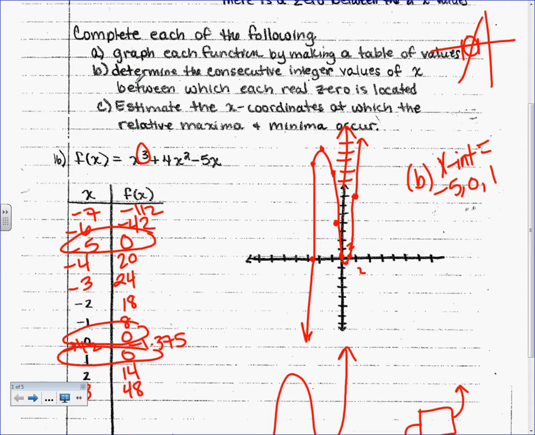That's what this was trying to say. Right here, determine the integer values between blah, blah, blah. We didn't have to do that here. Okay, it's not always that easy, though. That's why we have the other methods I'm going to show you later. Okay? Part C,